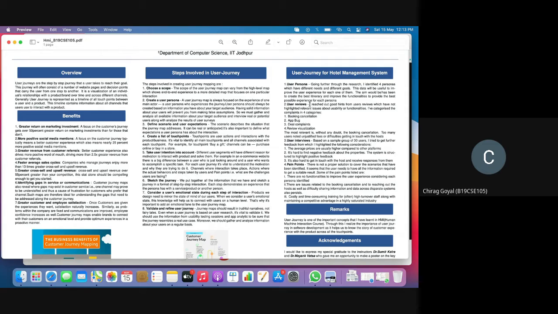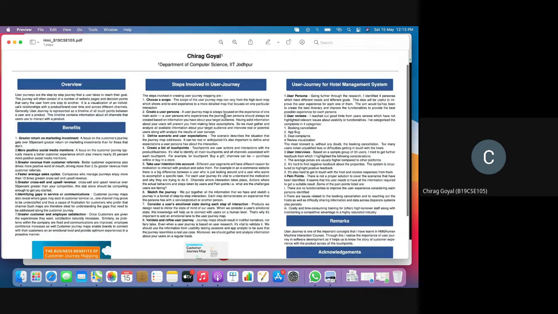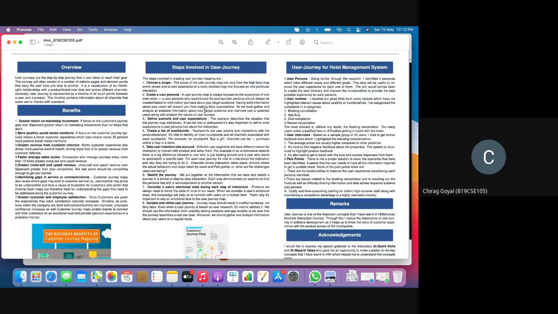Then after one user persona we have user reviews like booking cancellation, app bug, dual compliments, review visualization. If a person is completing their journey in the hotel, then we have to get a review from this person, and then accordingly we will change our website or the product basically. Then user interviews: what are the user reviews on our system, and what are the user's pain points or touchpoints, based on a sample of 20 to 30 depending on the business problem statement.